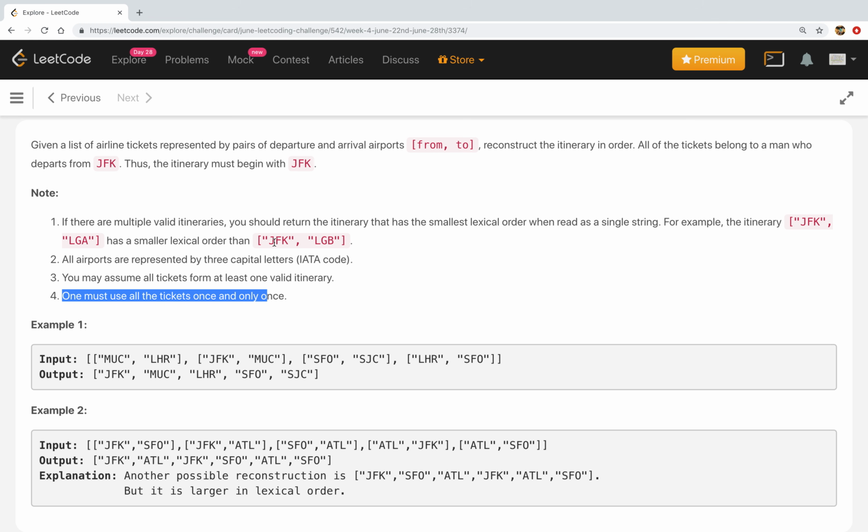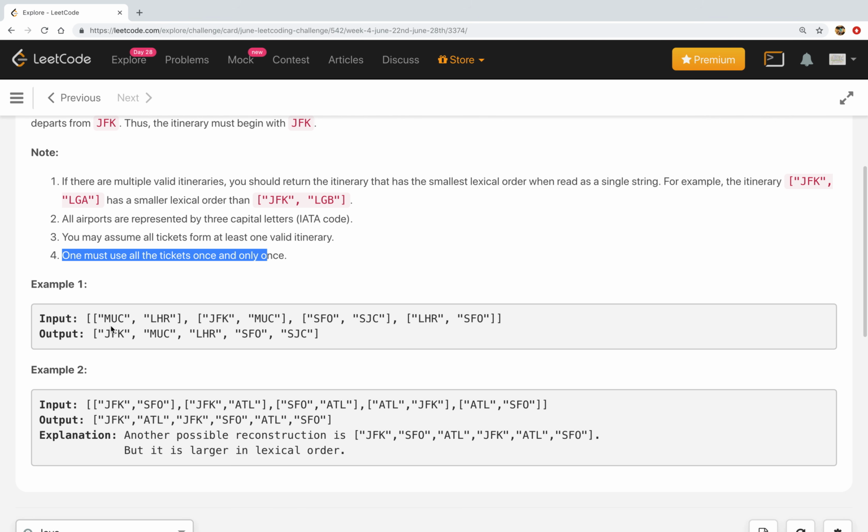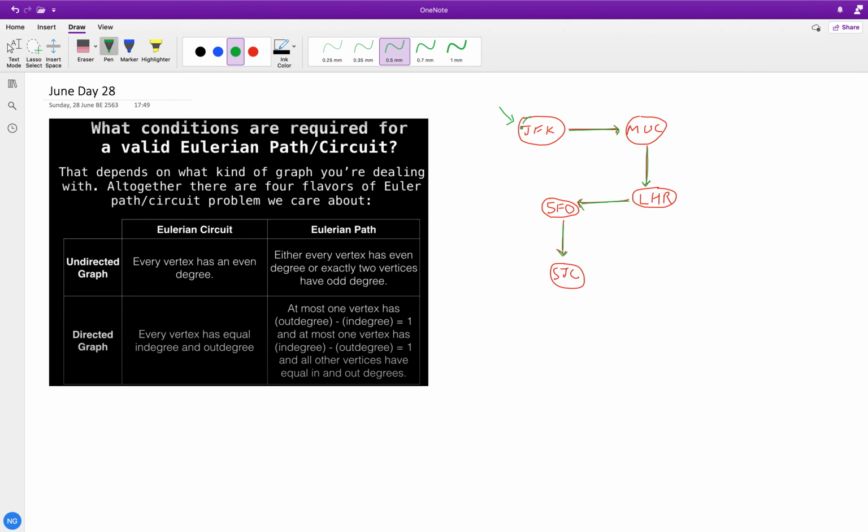In this problem, we are treating our airports as graph vertices, and the tickets given to us, from and to, as edges. So ticket 1 is given as from JFK to MUC, then this is an edge of our graph, directed from JFK to MUC. This is how we first construct the graph and then apply the Euler path finding algorithm.